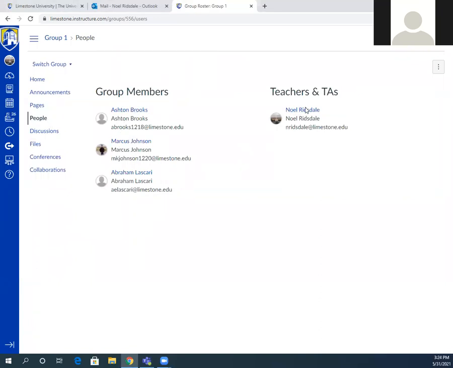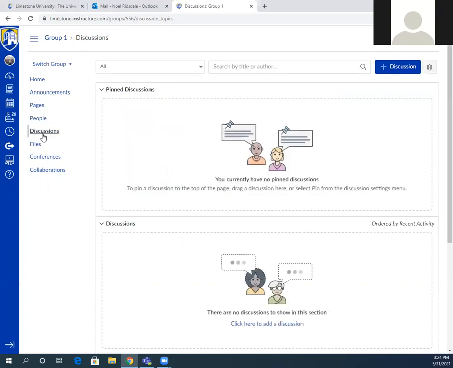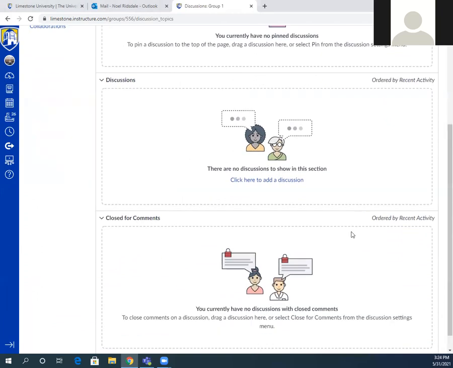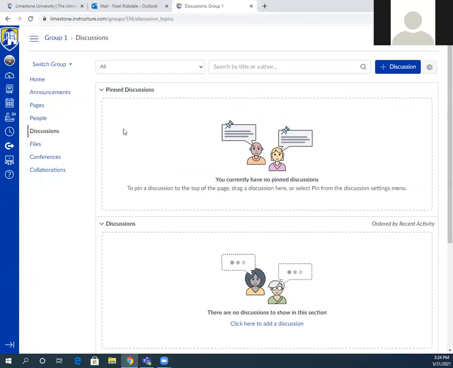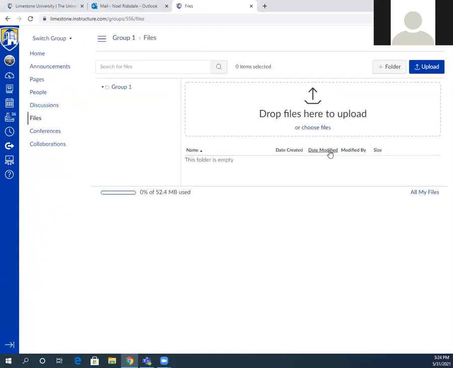You can see I'm in the group, but I can't access the group from the student view. You can click to email from inside here if you wanted to. You can create a discussion by clicking here to add a discussion. It's pretty self-explanatory. To add a file, you can either drag it there or choose it and search for it in the file system on your computer. So that's how this aspect of groups works.